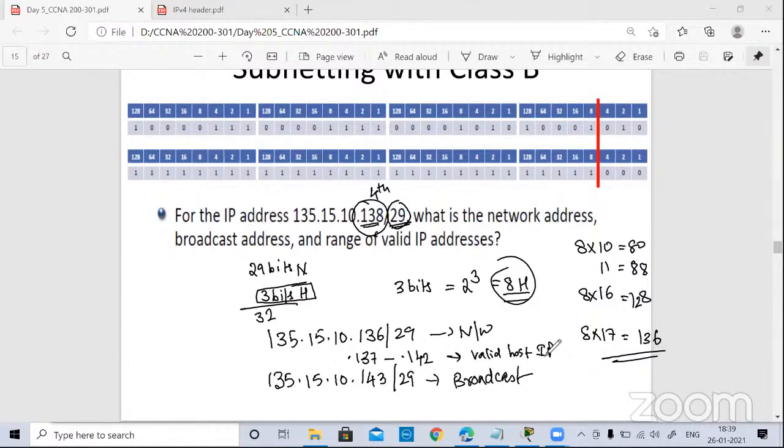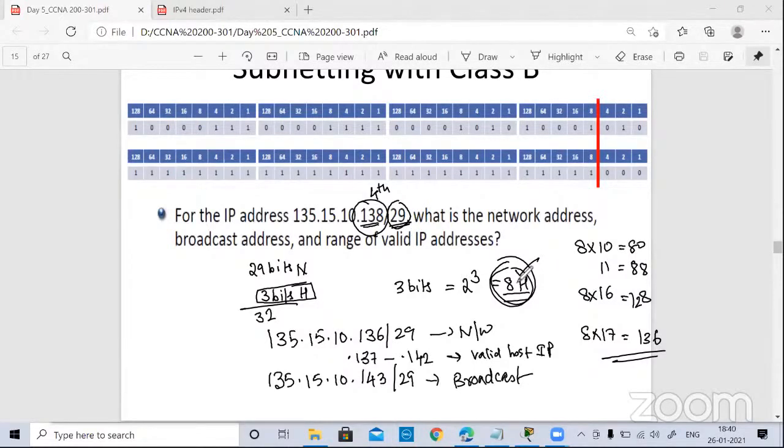Okay, just let me know if you have understood this thoroughly. Yes? All good with this? How did you get 136? How did I get 136? Yesterday when I explained, a network address is a multiple of the number of hosts. I first understood that there are 8 hosts in this particular network, or the subnet has 8 hosts.